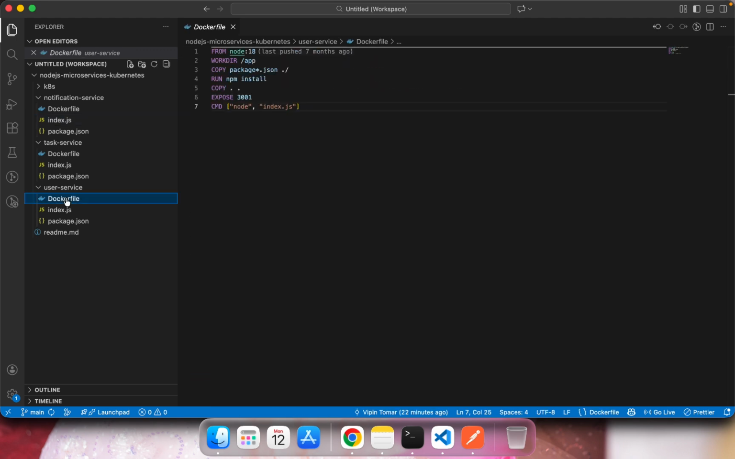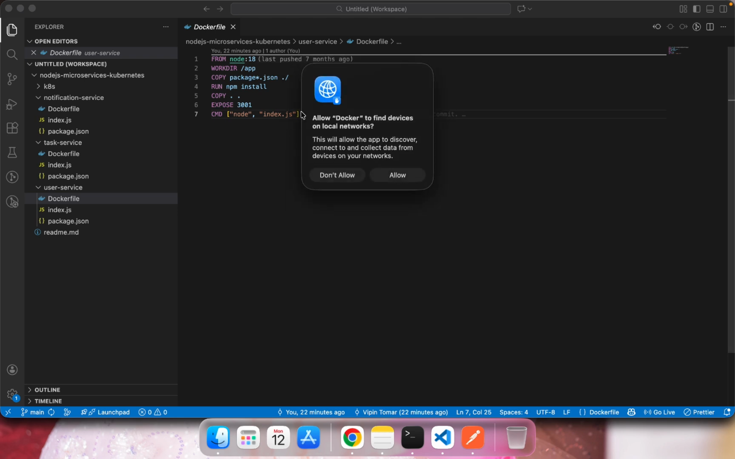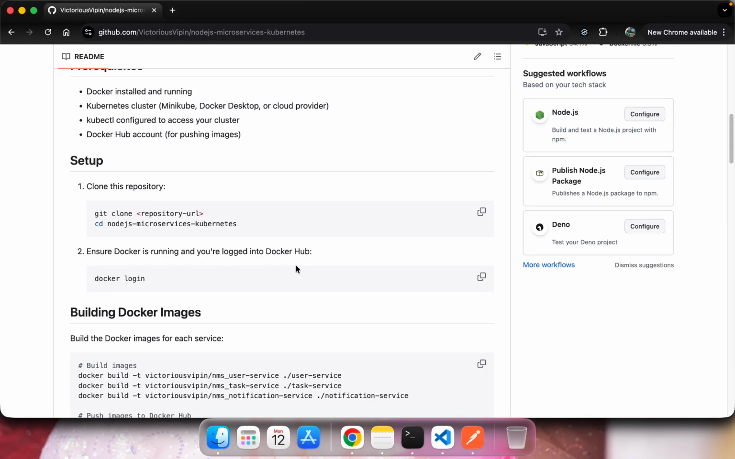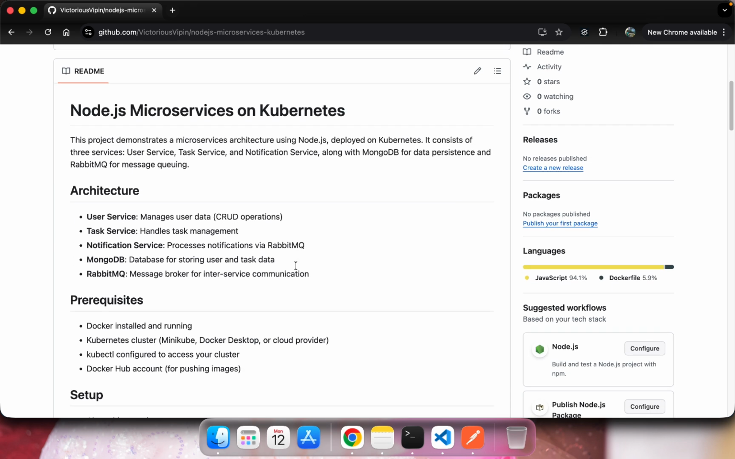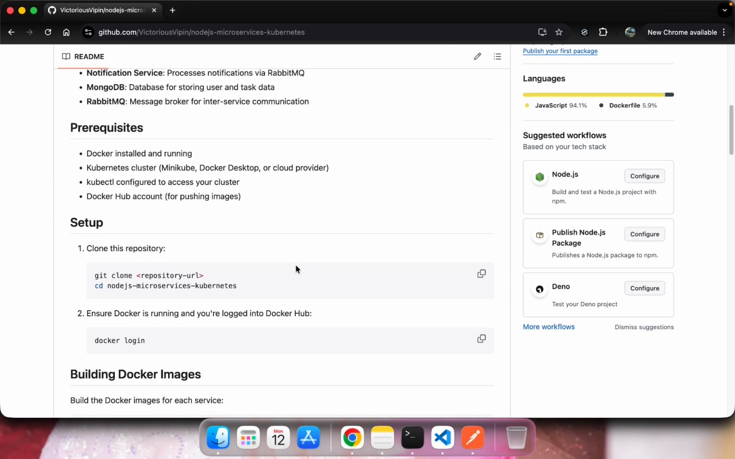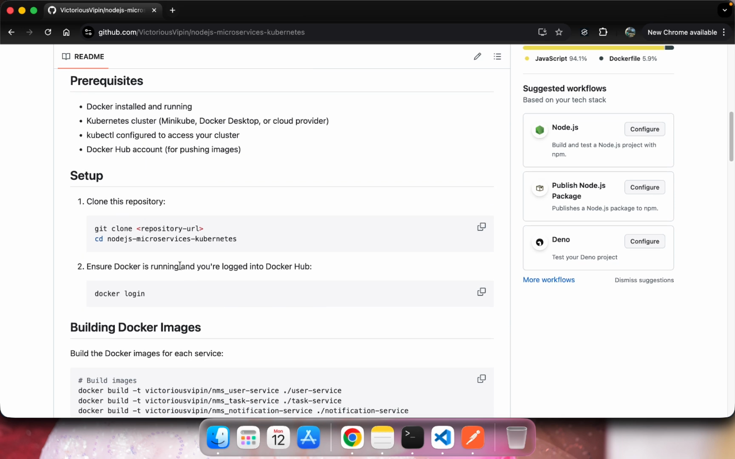See, we have a Dockerfile to create the Docker image for the different services. Now I have pushed this code to my GitHub repository. Here I have written all the instructions, like how to run this code, how to set it up in your local. First of all, you need to just clone this repository to your local. Then